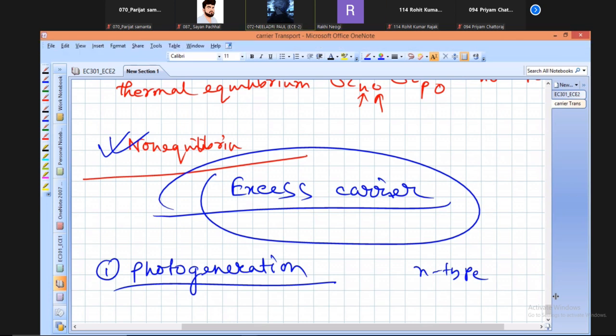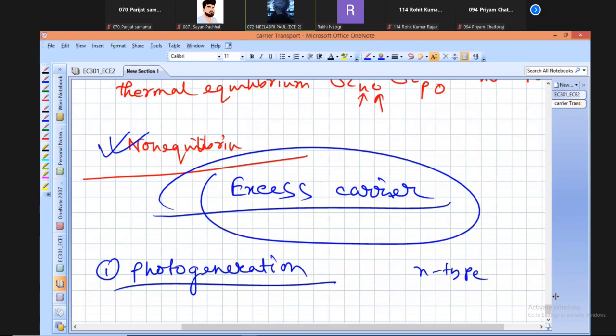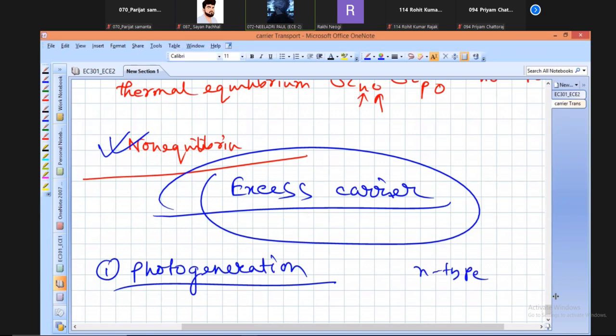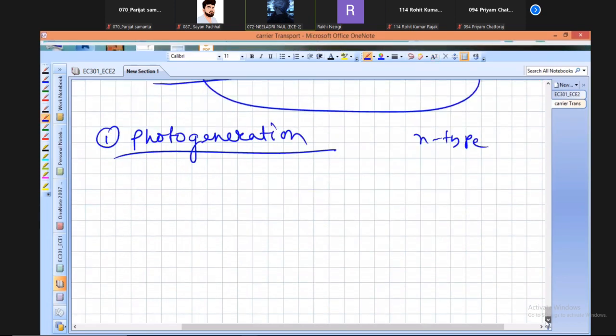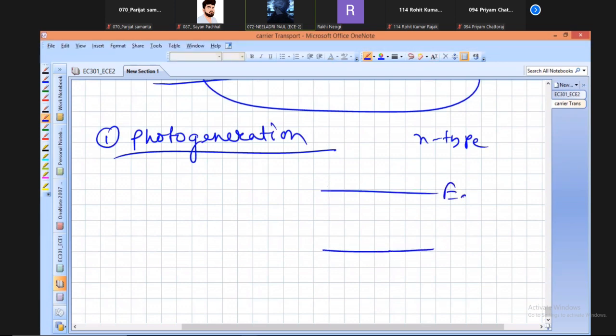No, ma'am, I'm saying that in case of an extrinsic semiconductor, suppose I'm using a P-type semiconductor, then an acceptor energy level will form above the valence band. Accordingly, the electron transition will take place from the valence band to that acceptor level. But here you are considering only EC and EV. That's what I'm saying. Yes. Why am I considering only EC and EV? That is the question, right? Yes.